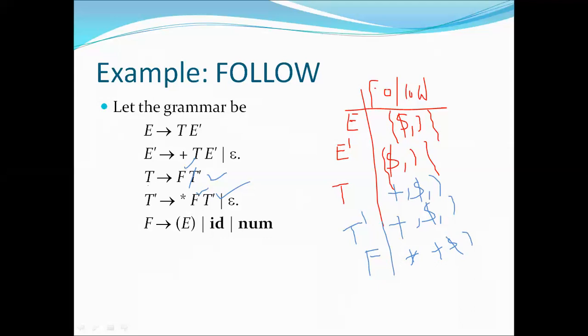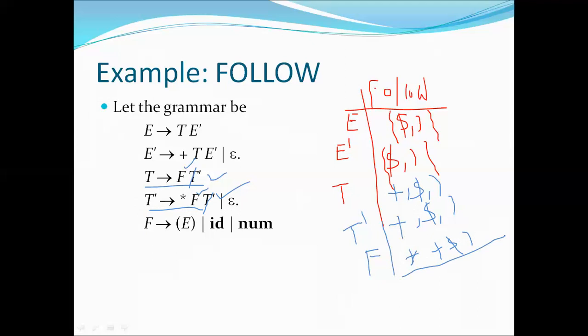This production rule is completed. Now according to this production rule, F is following T dash, so include the first of T dash. What is the first of T dash? Already we know, that is star, which we already included. Epsilon we substitute and it will vanish. Include the follow of T dash. What is the follow of T dash? Plus, dollar and closing bracket. These we already included. So like this we can find the follow.